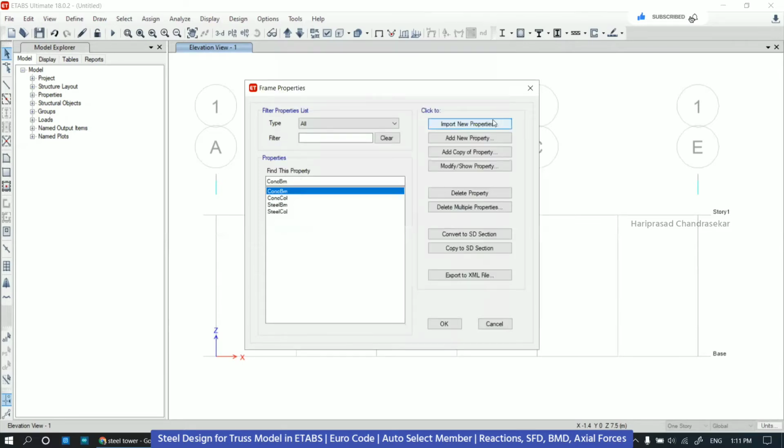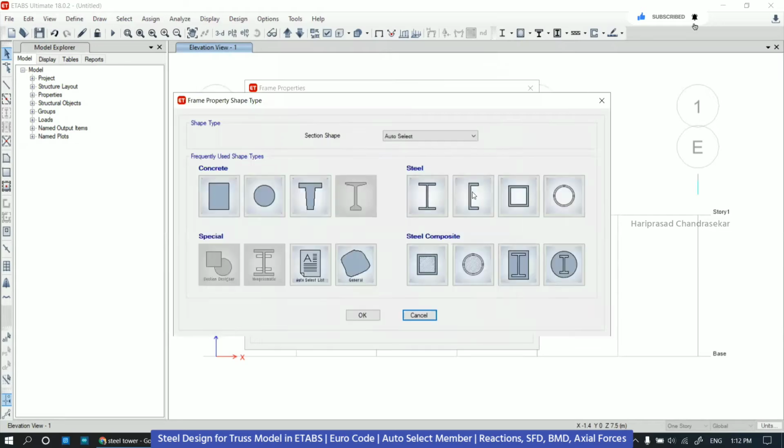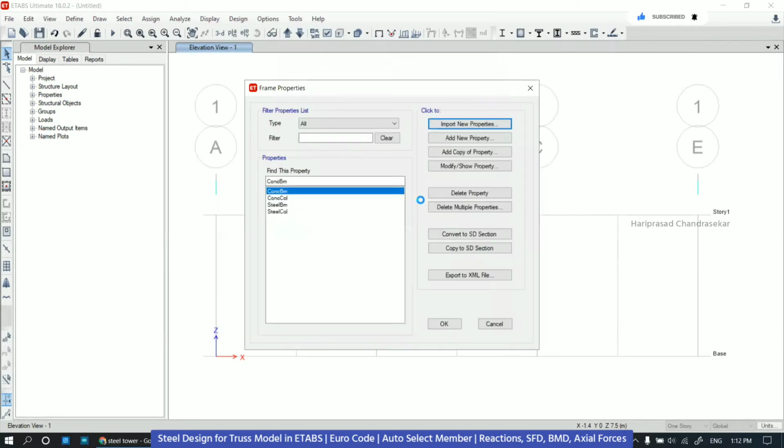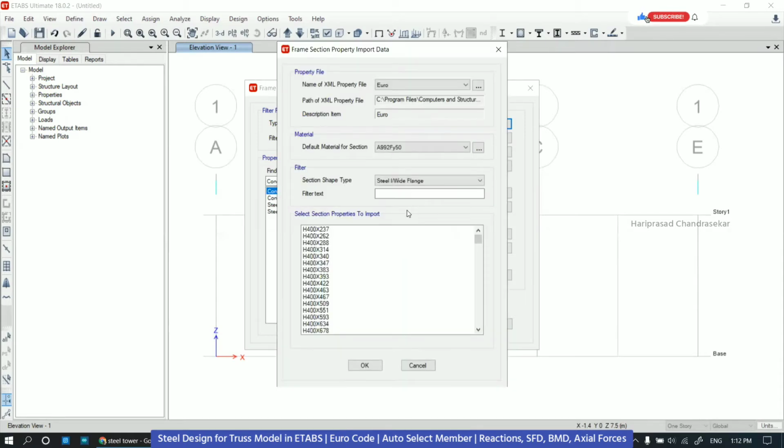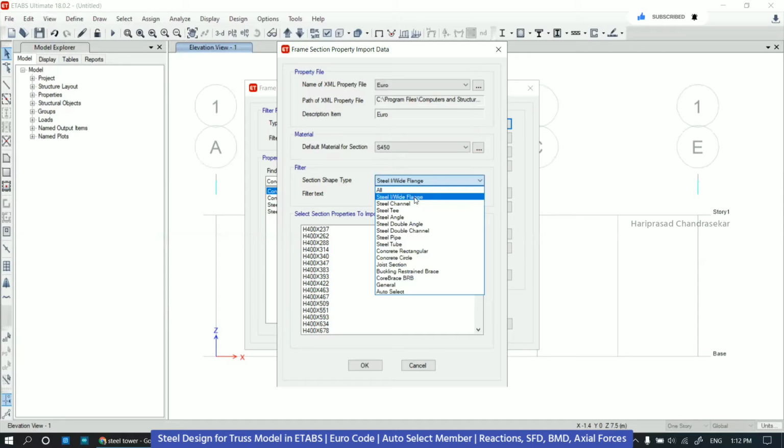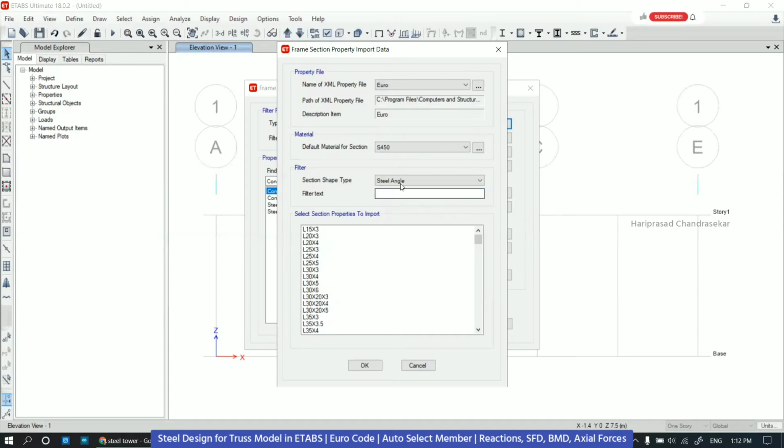So we need to go to import new property, and then we will go for any of these. I will go for steel. This is for Euro, and then the material is 450, and then steel I or wide flange, steel channel, steel angle. I will try with angle now.